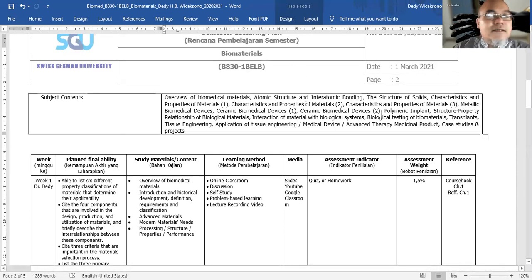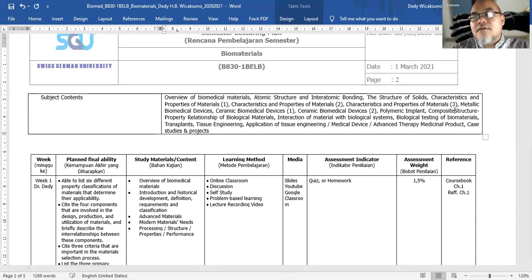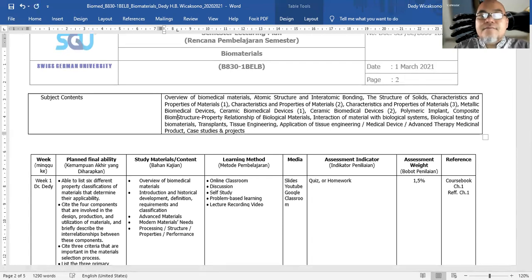Then we will study the different types of biomedical materials: metallic biomedical devices, ceramic biomedical devices, then polymeric devices, polymeric implants. I think I forgot here, there will be also composite. If there is time, we will study some composite biomedical devices, composite biomaterial,